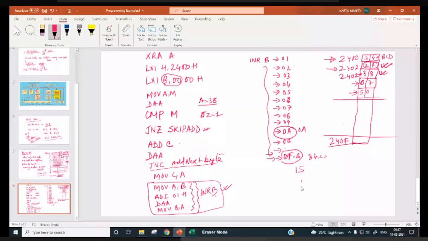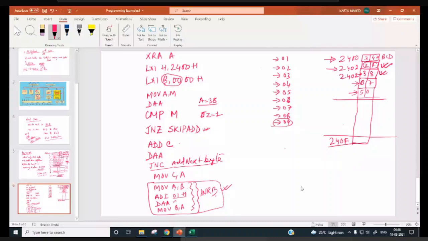So whenever we are adding, in this case what we are doing, we are moving B content to A, then adding 0, 1. So A will be incremented by 1, DAA is being done. So suppose this has been done say 9 times, so this will be in B register. When the 10th time we are incrementing this, B is 0, 9.